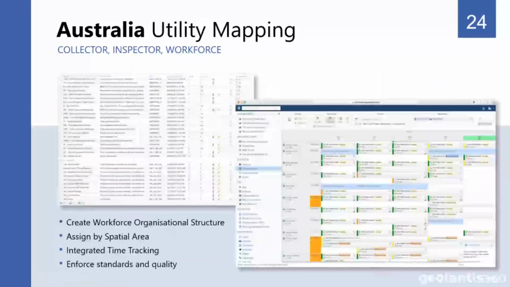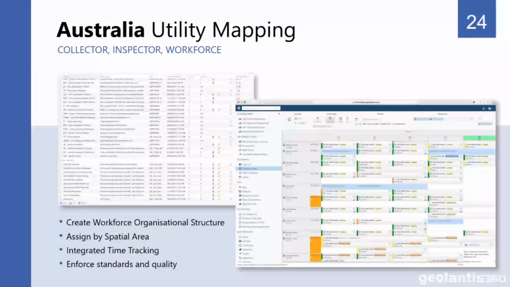A sister business of Land Surveys is Utility Mapping, and they also use Geolantis. Their purpose is somewhat different from the Land Surveys purpose in that they are out doing utility data collection, survey, ground penetrating radar, utility locating, a whole bunch of very expensive hardware collecting the data. And all of that data is then piped back through Geolantis for each project. But a key highlight for